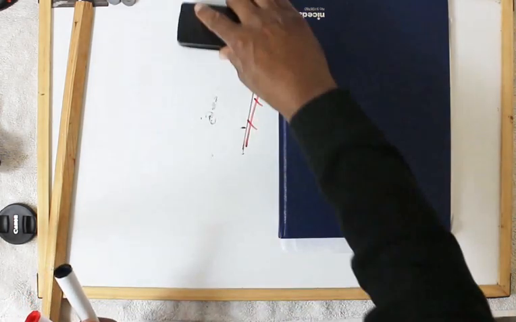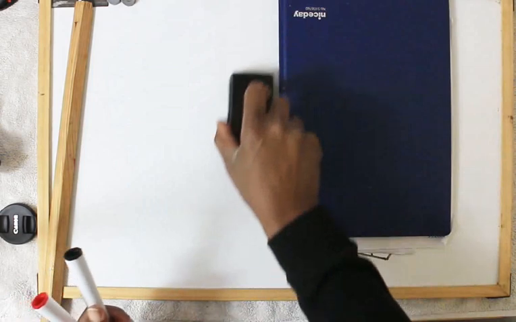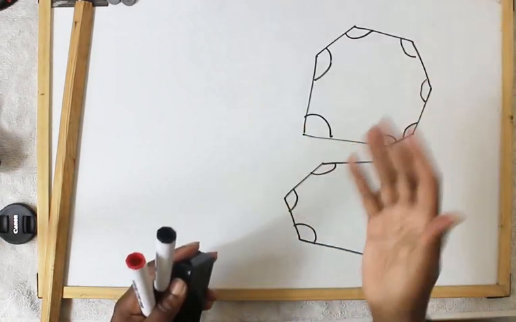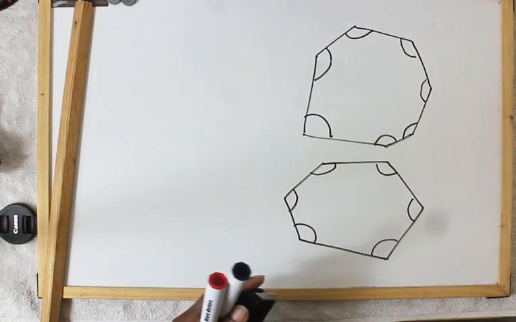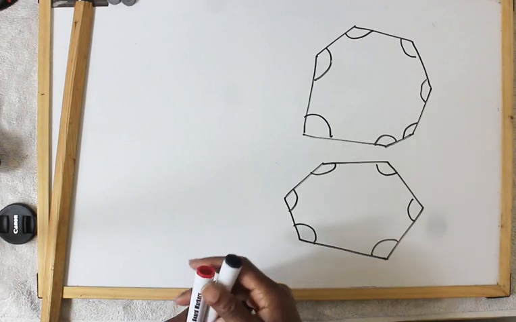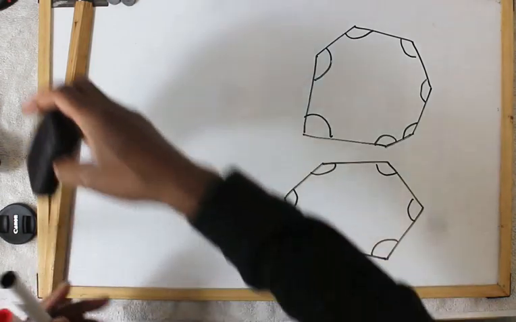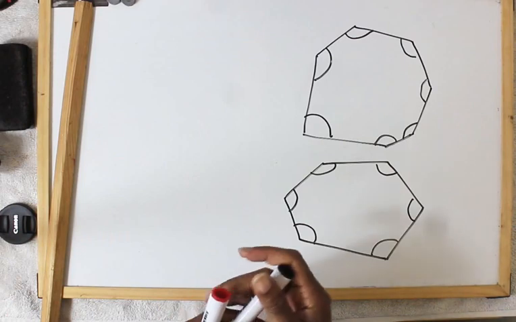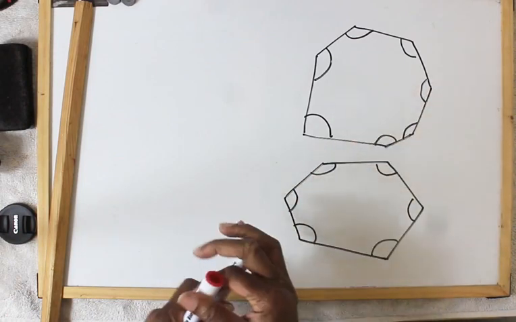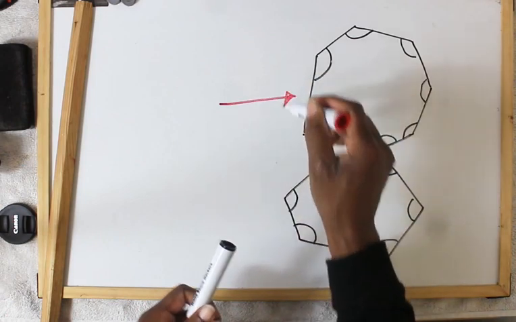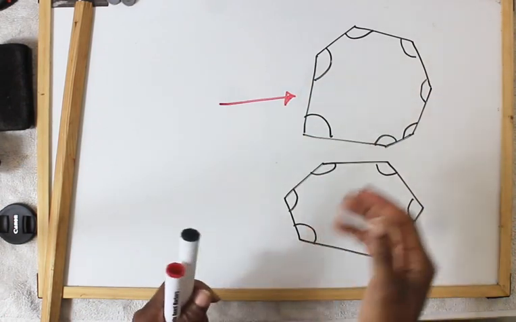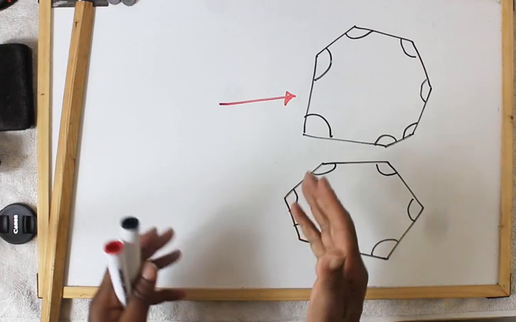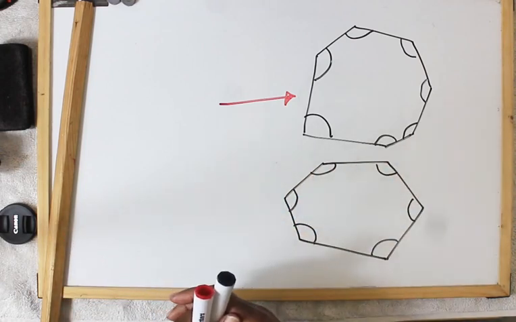But now we're going to move on to polygons, which, although they include triangles and squares and quadrilaterals, as we saw in the previous video, there are polygons that don't have those shapes. There are many polygons. So let's take this one here. What if I said to you, what is the sum of all the angles? There are 1, 2, 3, 4, 5, 6, 7 angles. What is the sum of all the angles in this